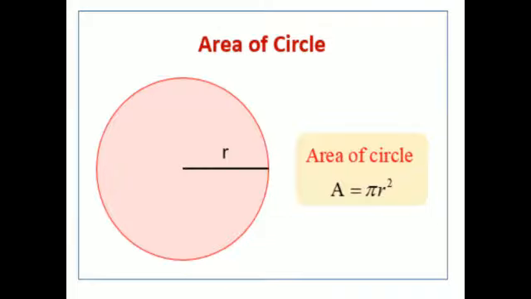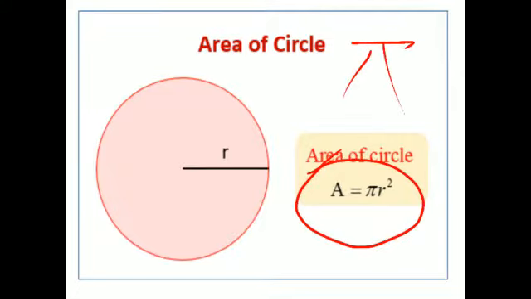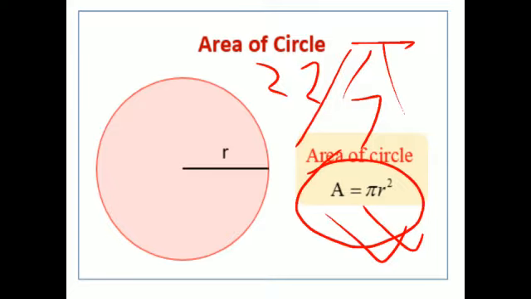Next, area of a circle. We often draw circles in our maths, science and social studies notebooks. You know how we can calculate or measure the area of a circle? There is a formula, pi r square. Who will tell me what's the value of pi? It's a constant value, which means 22/7. Now by putting the values of radius in this formula, we can calculate the area of the circle as well.